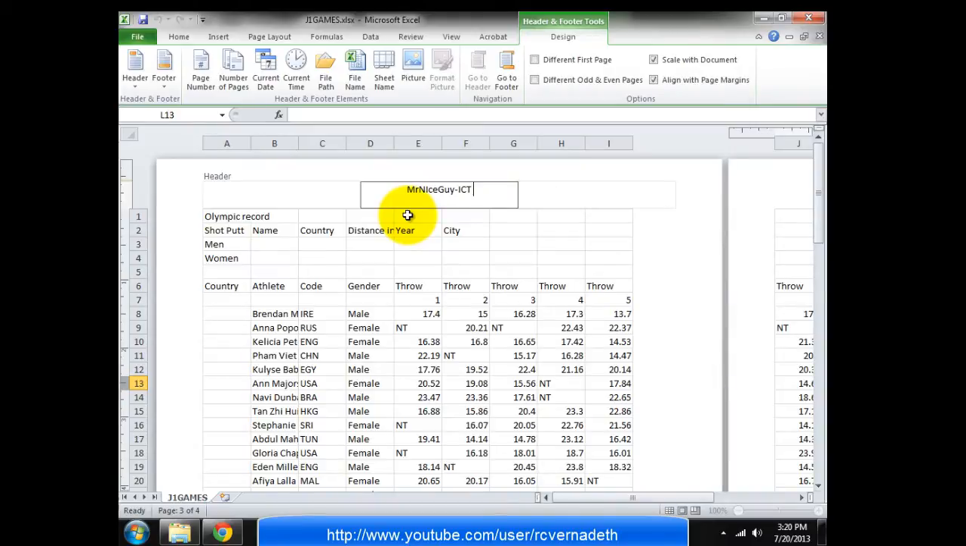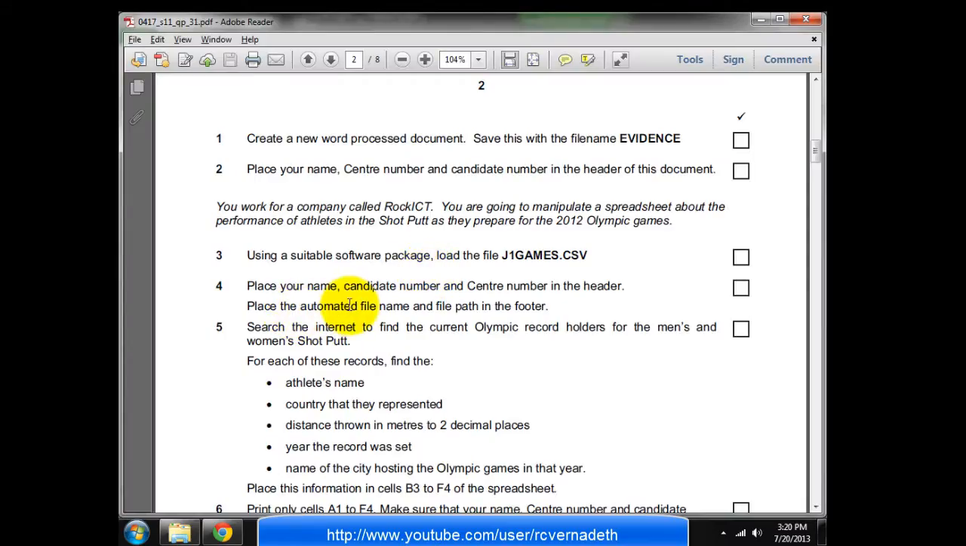I always type I in capital. Okay, center number 118 for me. 134, 234. Sorry, I have to change this one. I don't want to read my name. Okay, and